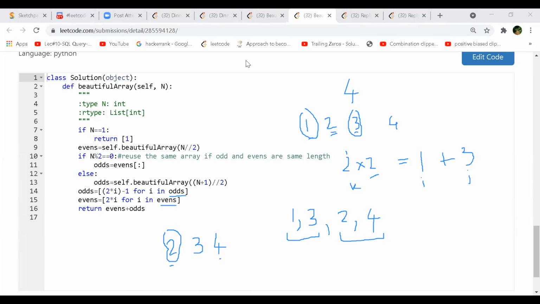Why are we doing this recursion then? It's not that simple. I'm just explaining with a very base case, 4 and 5, which are very easy ones. But if you keep on increasing the numbers, you'll land in situations where even if you add odd and even, you'll get some number which is in between. So at every stage, you will have to go recursively and start building from the bottom with the lowest element. Like here, he comes to the base case as n is equal to 1. He starts building from size 1, then 2, 3, 4, like that.